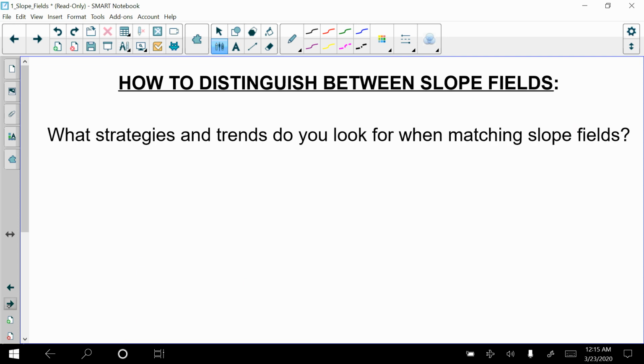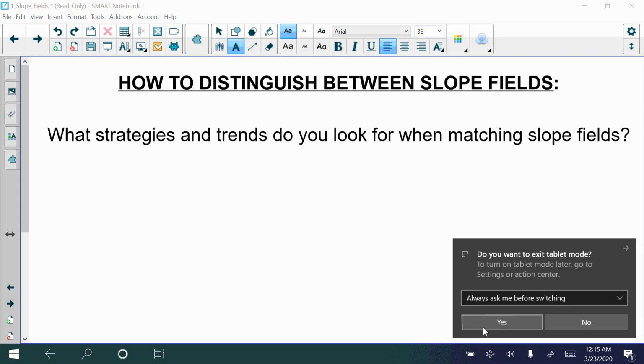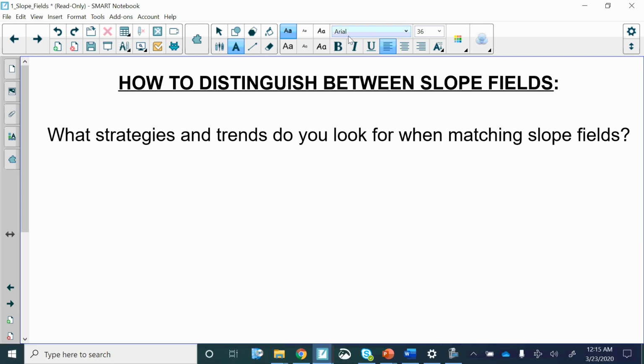So here, I'm going to go ahead and try to type these up instead of writing them out because I think I can type a lot faster than I can write. So yes, I want to switch from tablet mode, but I don't want it to be super big. Okay, what strategies could you have? Well, one strategy